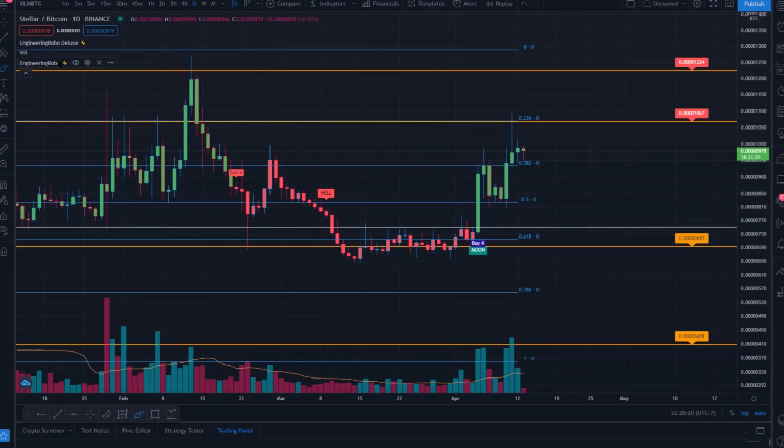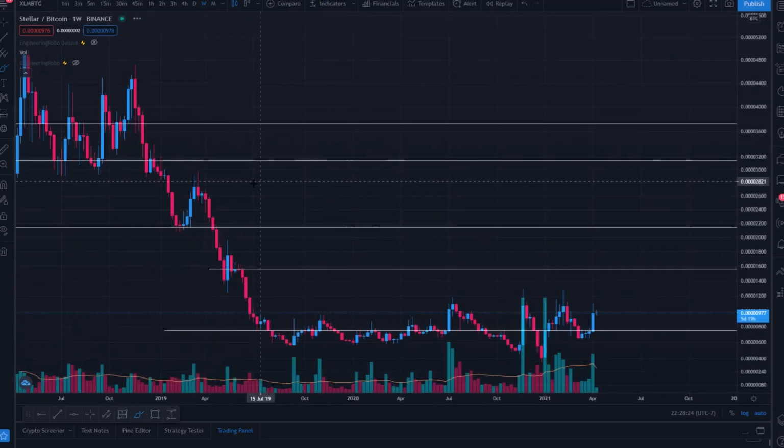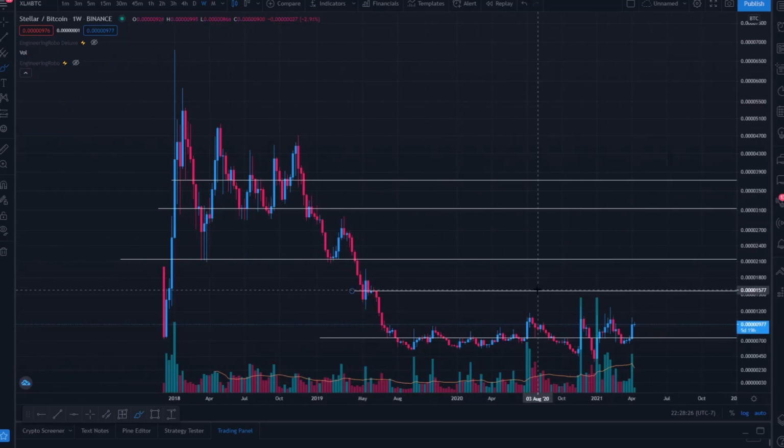If we take a quick look at the weekly chart here against prices relative to Bitcoin, we're still in accumulation. This definitely looks like we're on the low end of the accumulation. Look at this crazy volume back in November, January, and there's tons of buy pressure below 1100 Satoshi. So if we get up to the 3600, 4600, 50, all the way up to the 67,000 Satoshi maybe, that would be